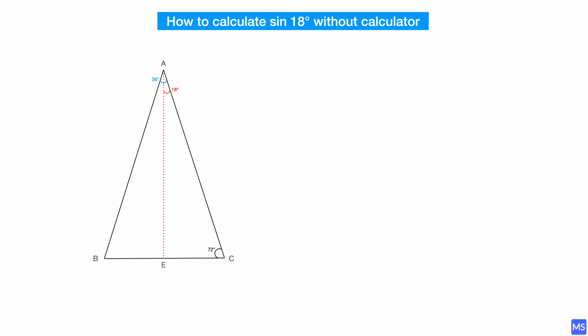Next, let's draw the angle bisector of angle ABC intersecting side AC at point D. This means that angle ABD is 36 degrees, and since angle BAD is also 36 degrees, triangle ABD is isosceles with AD equal to BD. In fact, triangle BDC is also an isosceles triangle with a vertex angle of 36 degrees, making BD equal to BC as well. According to the definition of trigonometric functions, sine 18 degrees is equal to the length of EC